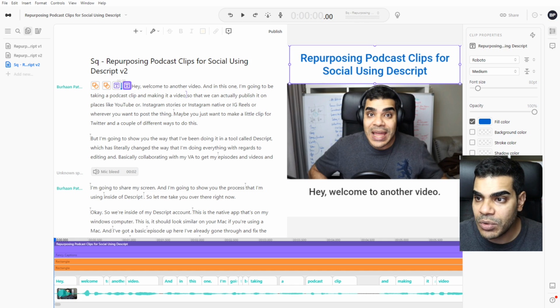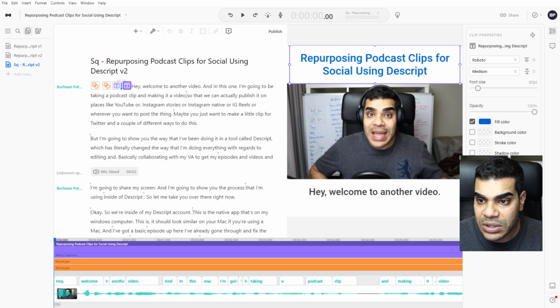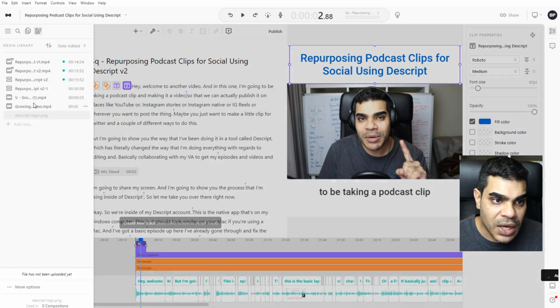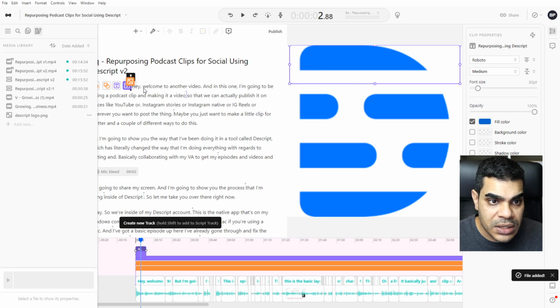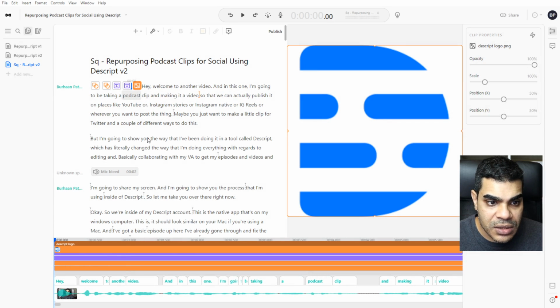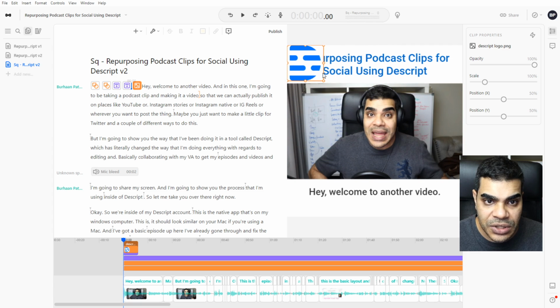All right, now what I'm also going to do is I'm going to grab the Descript logos from Google so that it looks a little better. Okay, and then I'm going to take this Descript logo, I got to add it as a media item, and then take it and add it over there. So now it's taken it and put it across the entire video, which I don't want to do, and so I will just shrink it,